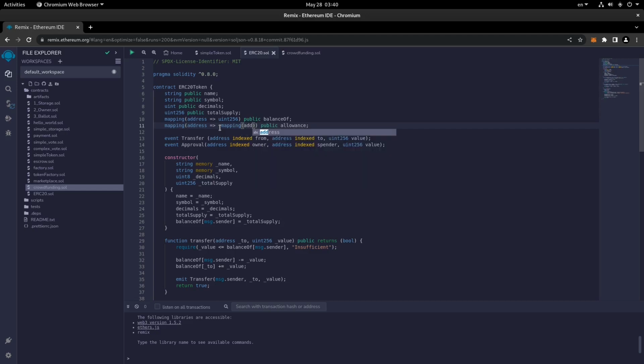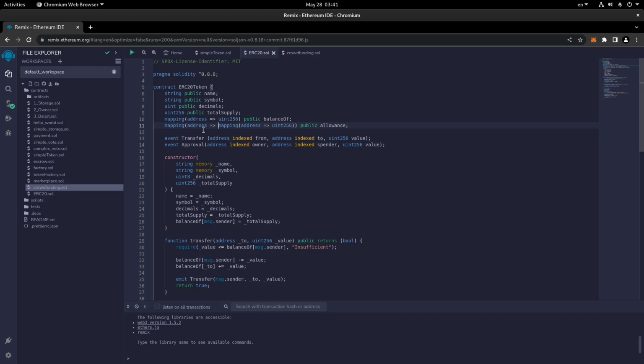The address to the uint256. So let me save this, and let me check here. We have an extra comma, and there we go, it's been compiled successfully.